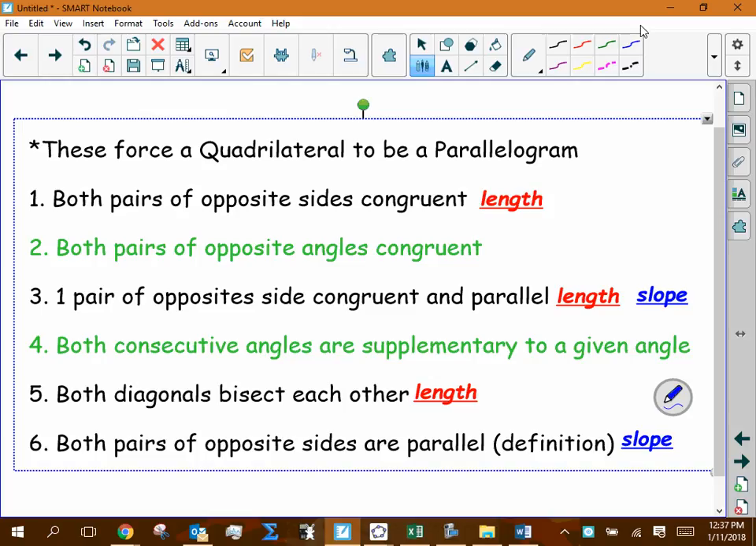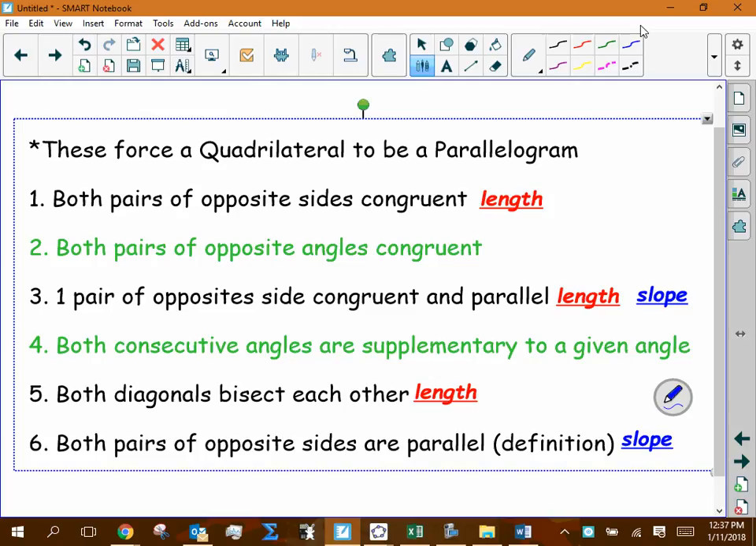Skip down to the third one. Okay, so one pair of opposite sides congruent and parallel. Okay, that's a very useful theorem we need to know. If we can show that, the quadrilateral then is a parallelogram. Skip down to the fifth one. It says both diagonals bisect each other. Both diagonals bisect each other. And then the 6th one says both pairs of opposite sides are parallel. And I put in parentheses that is actually the definition, right? Okay. And that's actually one of the easier ways of showing that a quadrilateral is a parallelogram in the coordinate